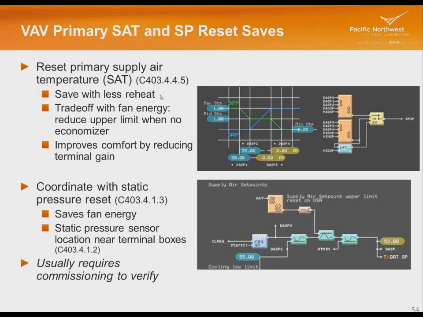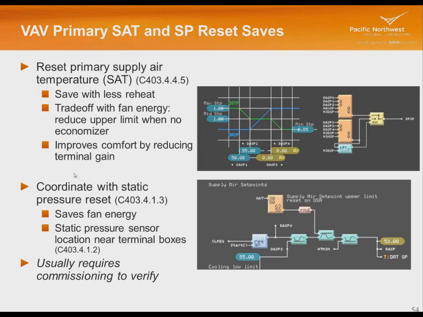And so I need the 55 degree air. But if there are other zones that don't need the full amount, they might be in heating. And so if I'm running that 55 degree air in the winter, when I'm not at peak cooling load, it means that I am going to have to reheat that 55 degree air, maybe up high, to meet the heating load in the space. So there's a trade-off here with fan energy control,